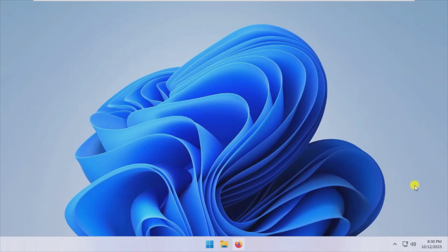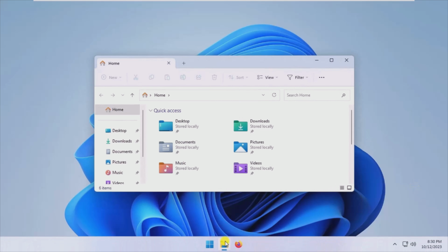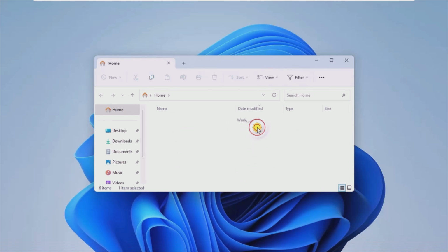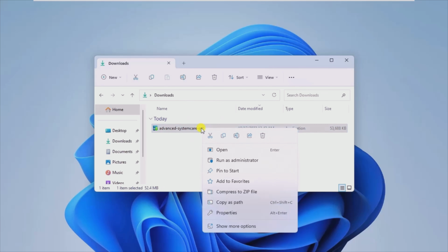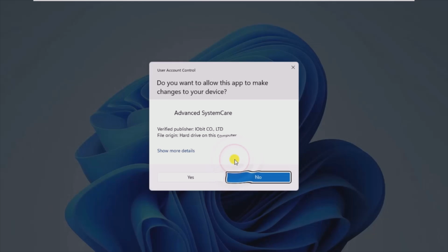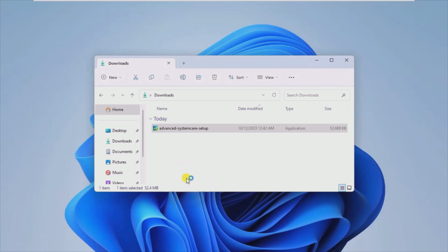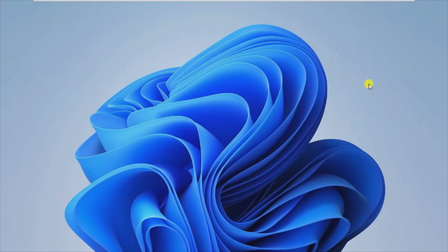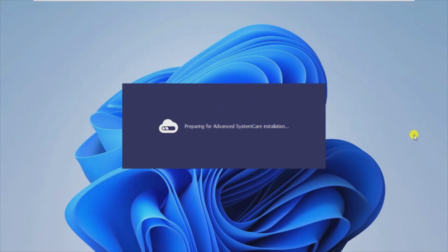Hi, today I'm going to show you how an app called Advanced System Care Free 17 works. If you want your PC to be in tip-top condition, you need to do some maintenance. And what better tool for such purposes than the new and revised Advanced System Care Free 17, which promises an even more customized collection of tools to improve your PC's health.